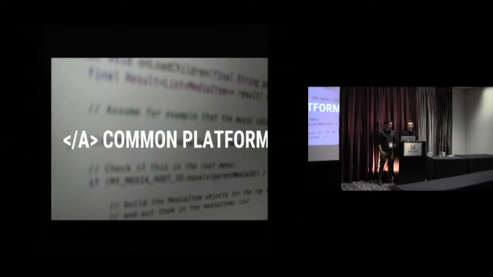So if you're going to develop an application today, and it has to work on the touch screen and the rotary encoder and the dial-y thing and this and that, and you have to make a different version for each of them, no developer is going to do that, because it's just going to be too expensive and a huge pain to maintain. So we have to create a common platform so that people can create an application once, and then it'll just work in a reasonable way across all of the different types of input and output mechanism